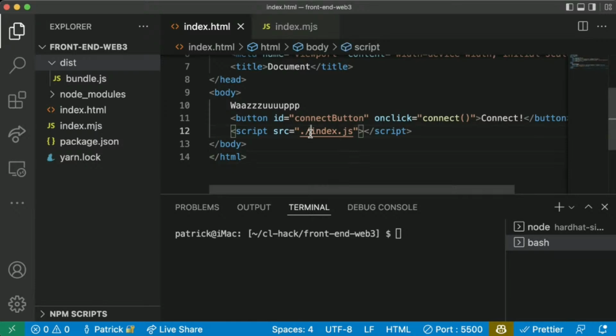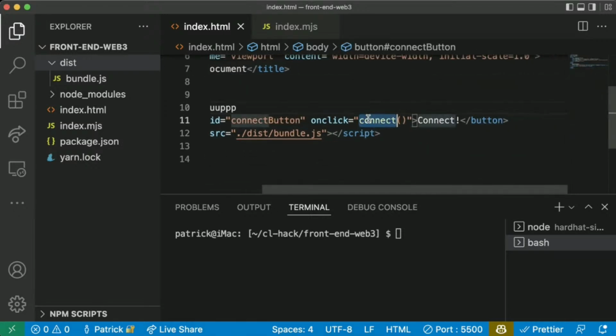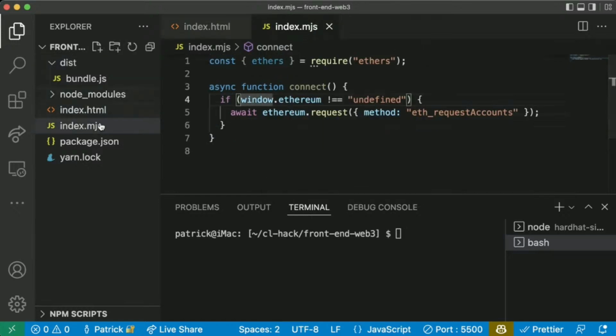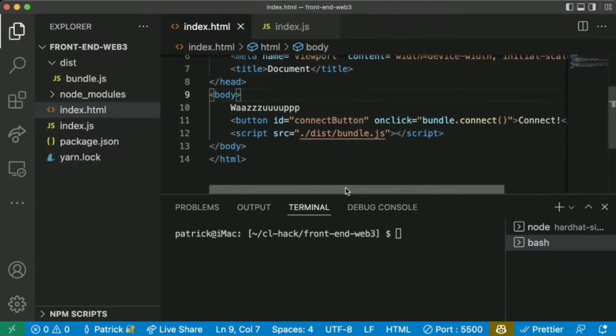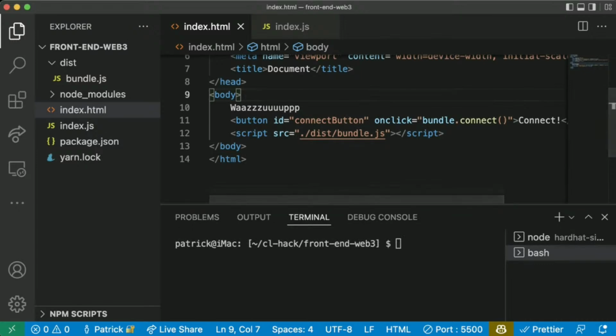So we're going to do dist bundle.js where we browserified it. And instead of onClick being connect, excuse me, let me change this back to index.js. Instead of onClick being connect, we're going to say bundle.connect. It's going to have the same functionality of what we did before.